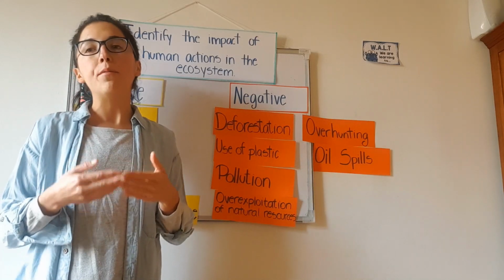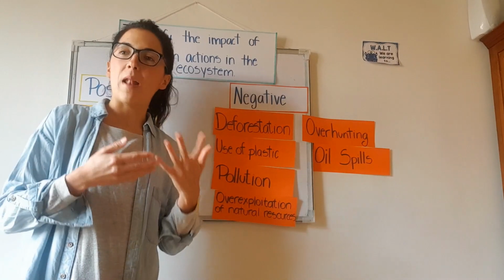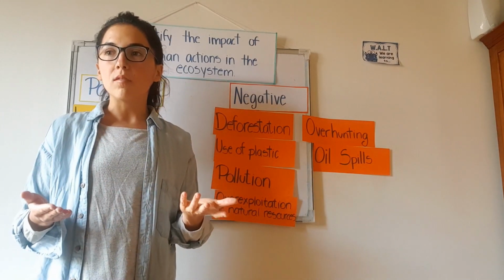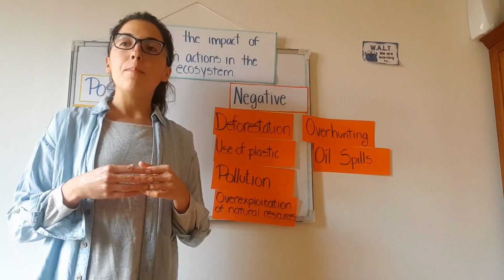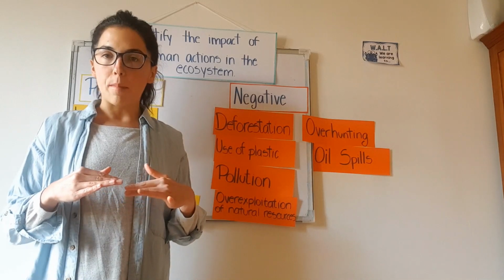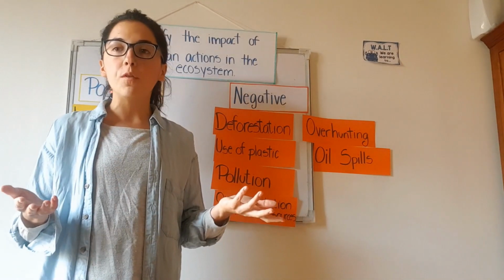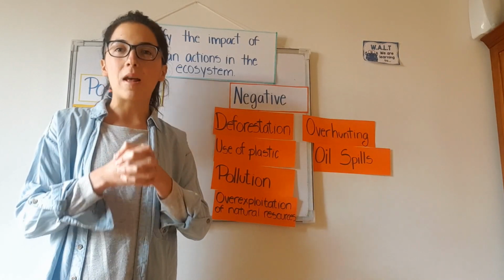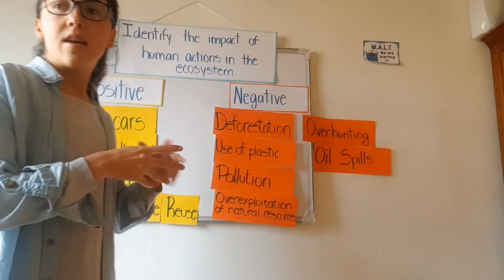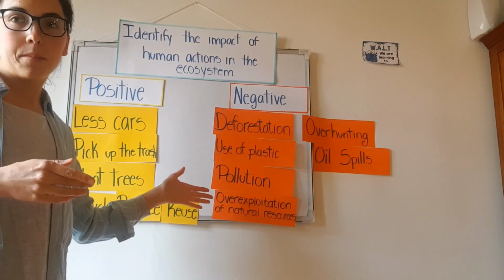Unfortunately, many marine animals by mistake eat some types of plastic instead of food. For example, turtles often die because the plastic they eat blocks their stomach, or some other marine mammals like dolphins get trapped in plastic nets. As you could see, these negative impacts are damaging our ecosystem.